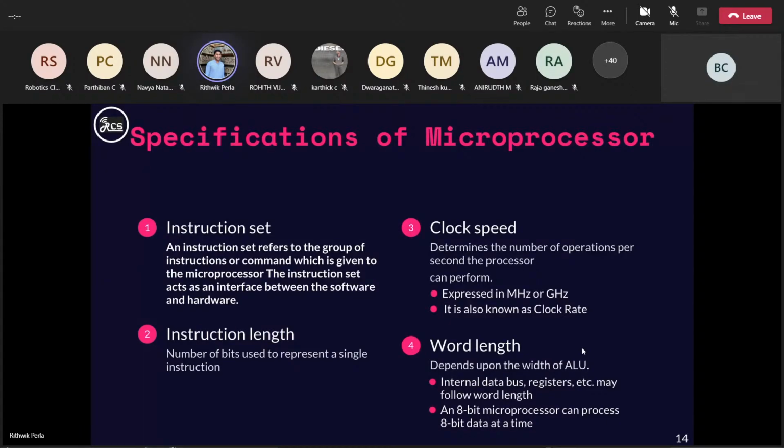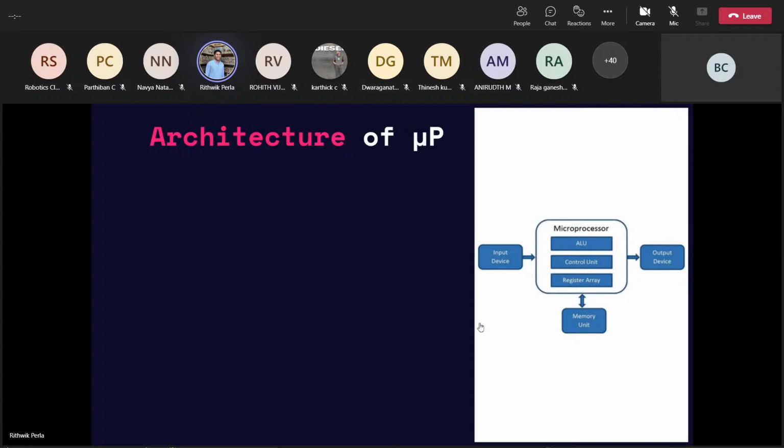Can you tell me what is a bit? Already you people know it. Previously I've discussed. A bit is nothing but a 1 or 0. So 8-bit means 8 digits of ones or zeros can be transferred at a time through the bus and calculated. Suppose an addition is performed of 8-bit, 8 digits of zeros and ones can be added at a time. So that depends on the word length.